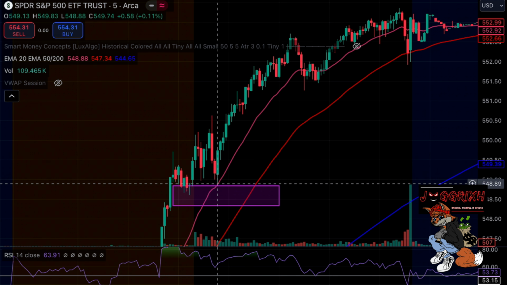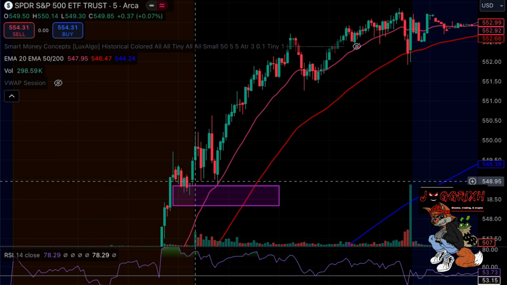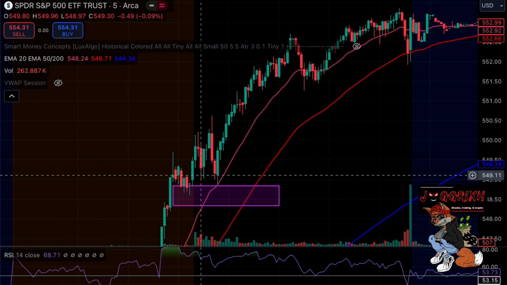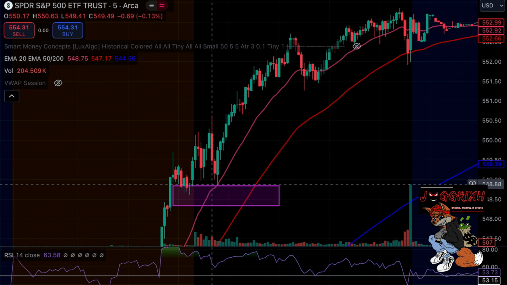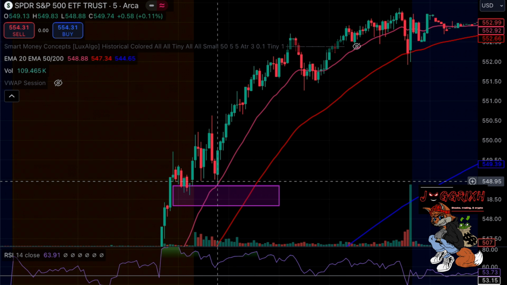You see it comes back down to here, and again, boom, this is where we would enter if we was conservative, man. Where I got the crosshairs going around, because we see what? One sign of rejection, two signs, three signs. That level is holding up very, very strong. So we want to go on a